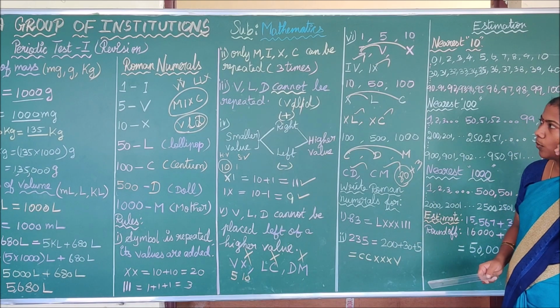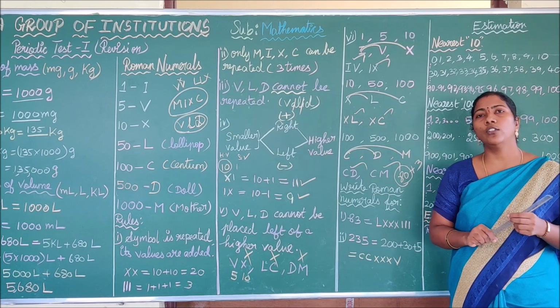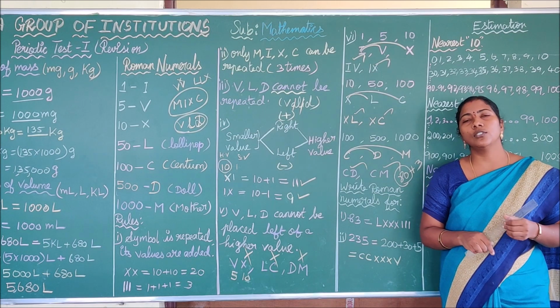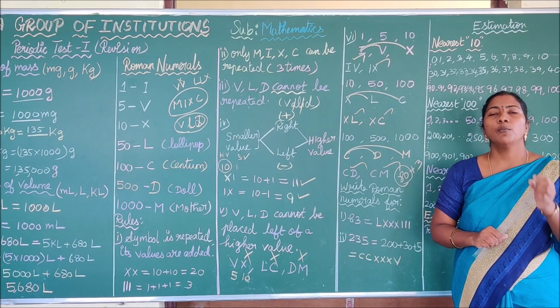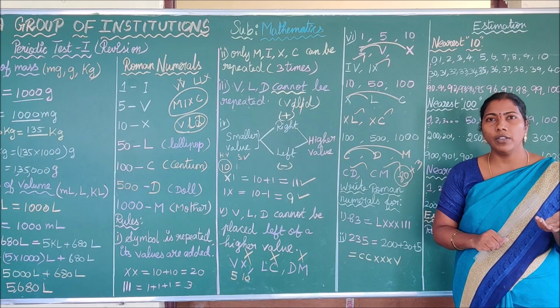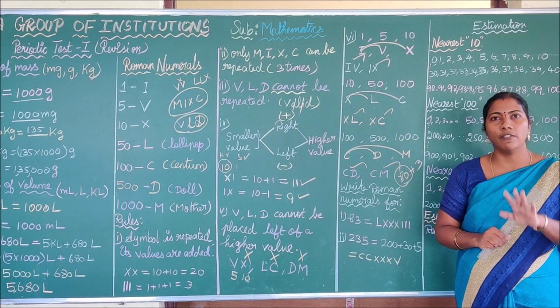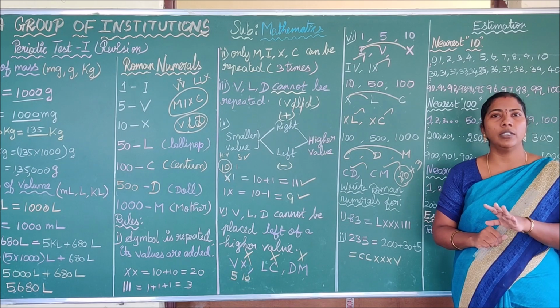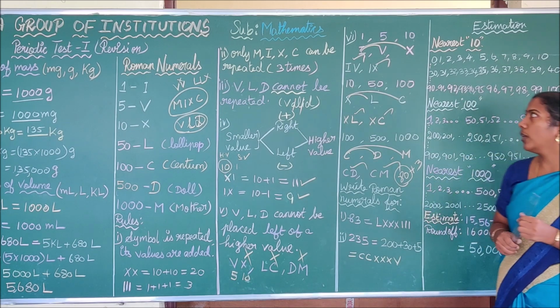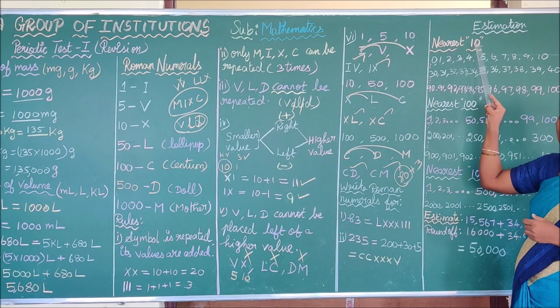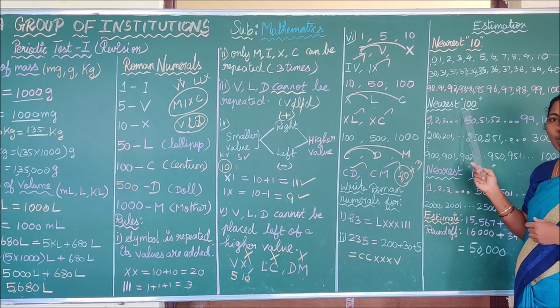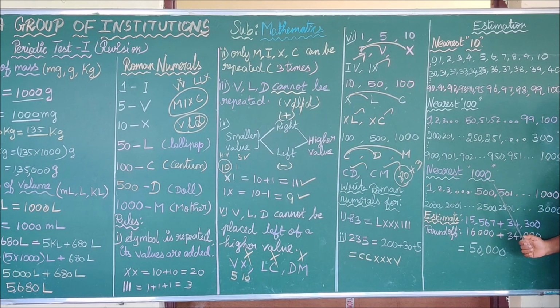That's all about the Roman numerals, children. Next we are going to see estimation. In your question paper you have sums in the topic of estimation. It means that before evaluating the sum, you first round off the values and then you evaluate the sum. Okay. See here how we are going to round off the given values. First one is nearest to 10, second one nearest to 100 and third one nearest to 1000.